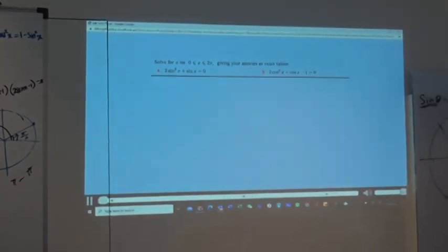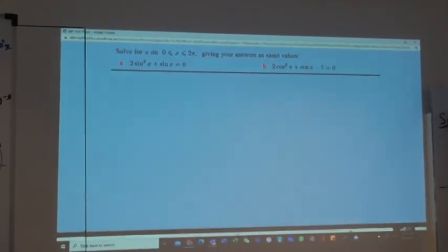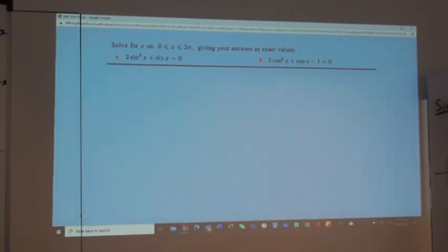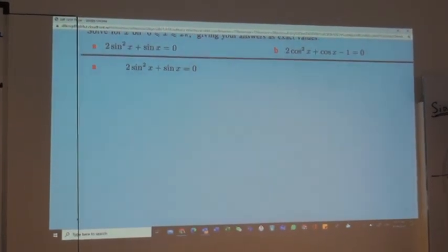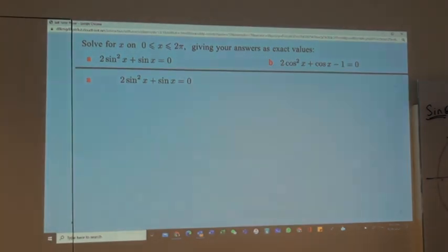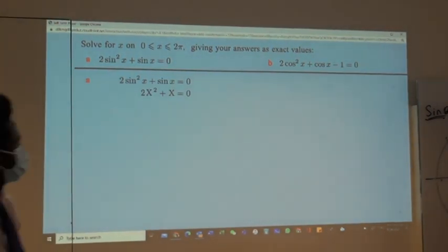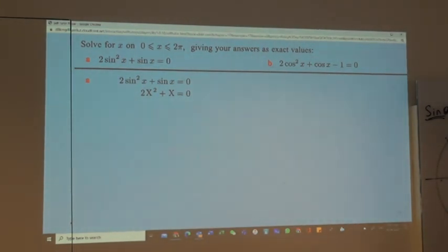In this example, we consider trigonometric equations whose form is also a quadratic. In part A, the equation is a quadratic equation in the variable sine x. Compare it with this form, where sine x has been replaced by x. We can solve the quadratic equation by factorization to find sine x. We first take out the common factor sine x. By the null factor law, one of these factors must be 0. So, either sine x equals 0 or 2 sine x plus 1 is 0, in which case sine x is